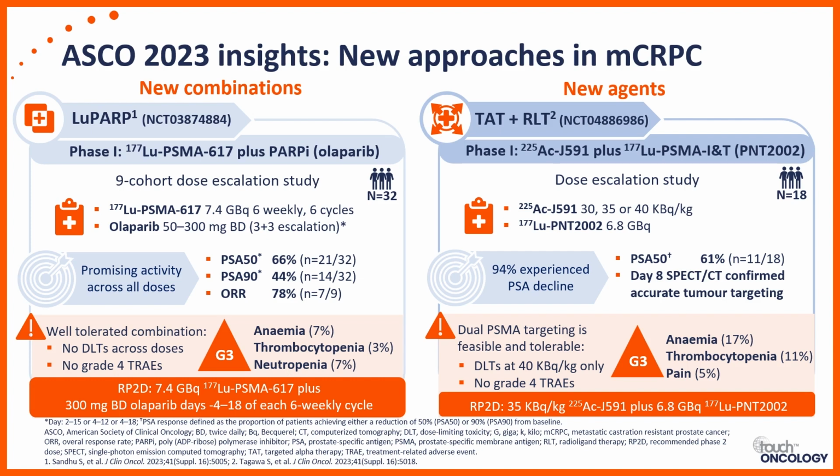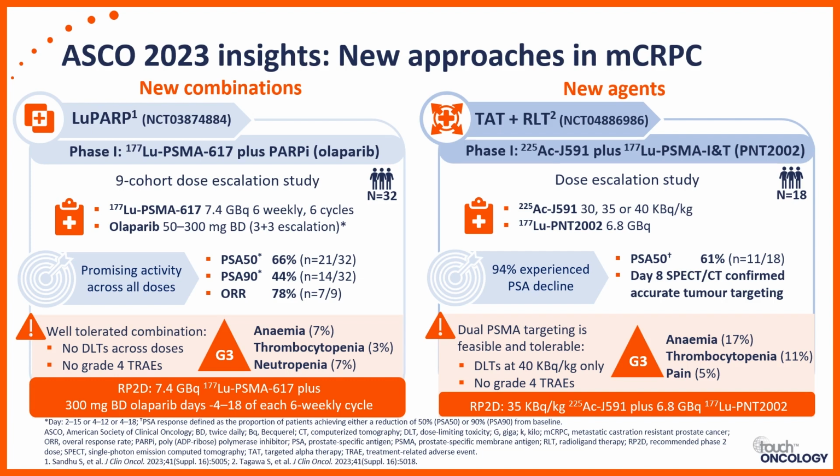Very unique study. On the right, you can see Scott Tagawa's data, looking at TAT and lutetium, 2 different radioligand-based approaches. The bigger question for us is, is lutetium the only agent that we should use, or can we start using new radioligand-based approaches? This is trying to address the question of two different radioligands,